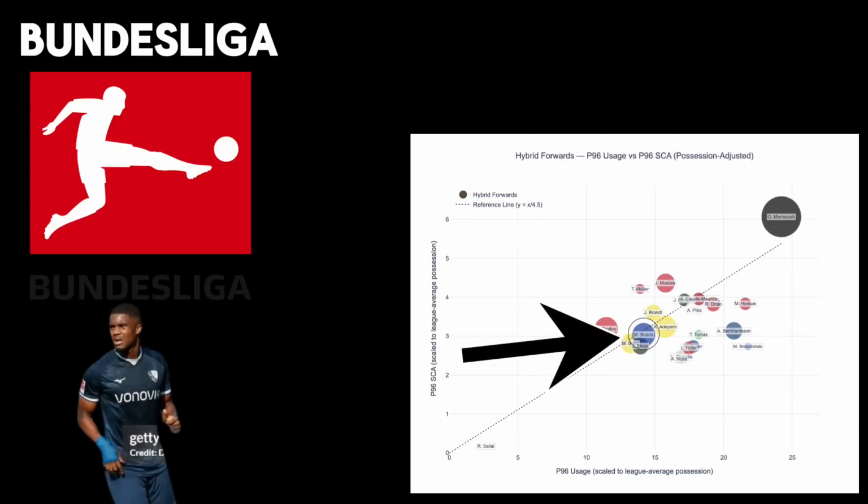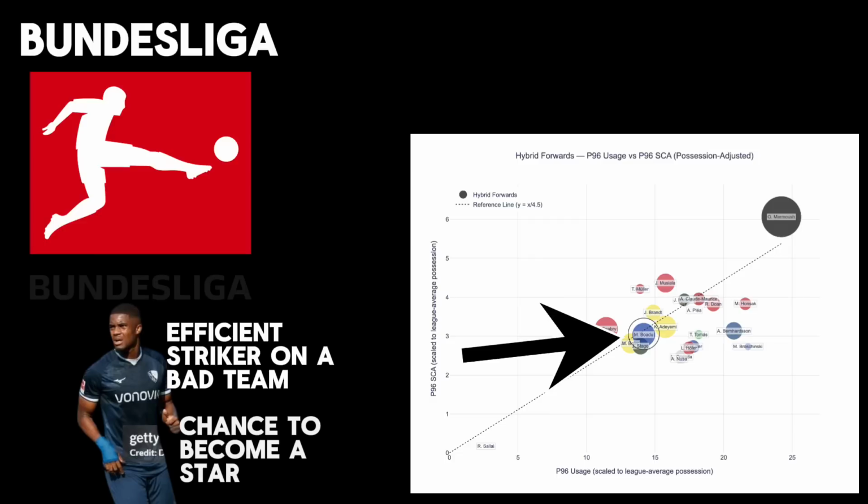I also like Myron Boadu. Him being in this spot on a subpar team and being one of their main goal scorers is a good sign, especially given a lot of the other players from small teams in his kind of role are much below the line. Boadu moved to PSV this summer to take the role as the main striker. With another good season under his belt, I have a feeling we'll see him back in the top 5 leagues in no time.